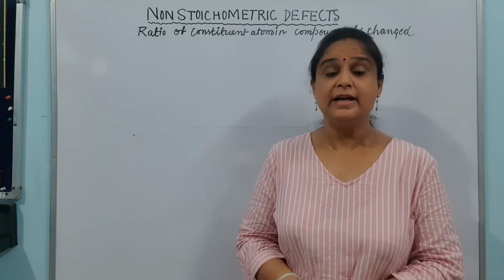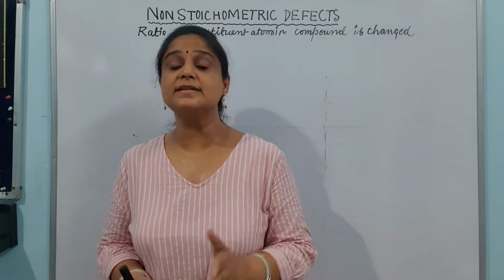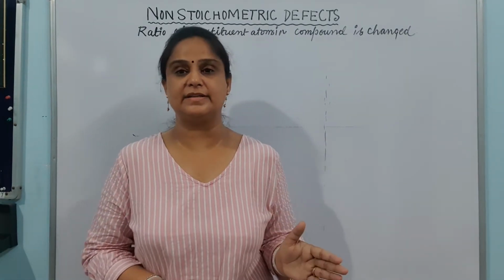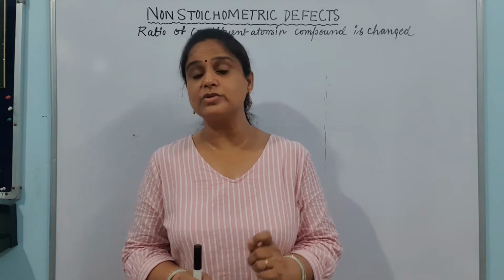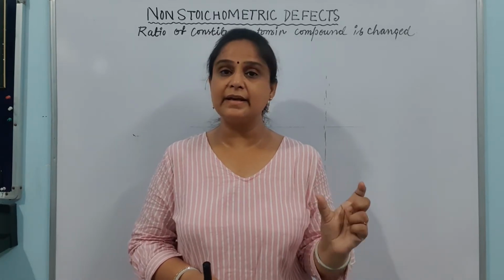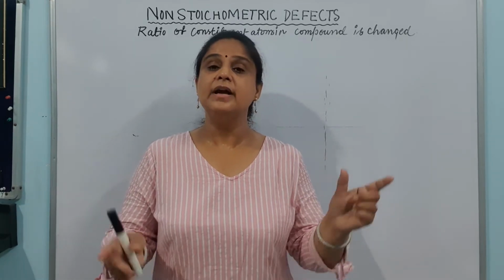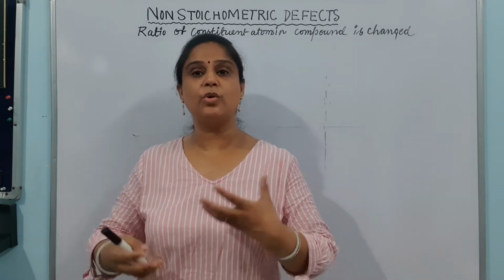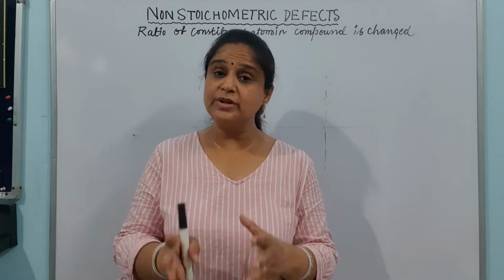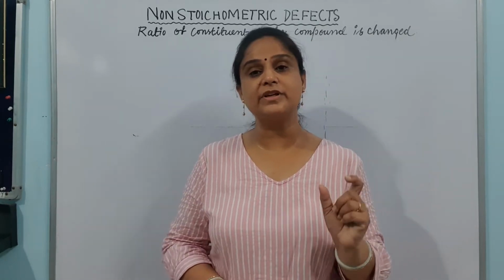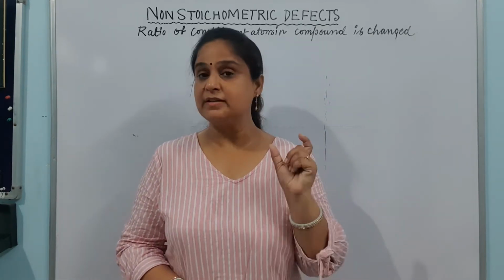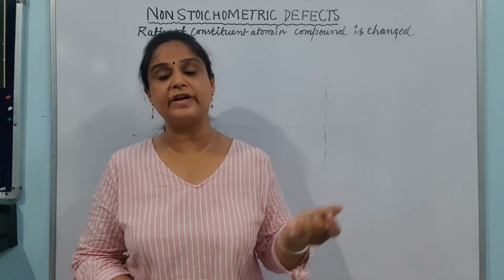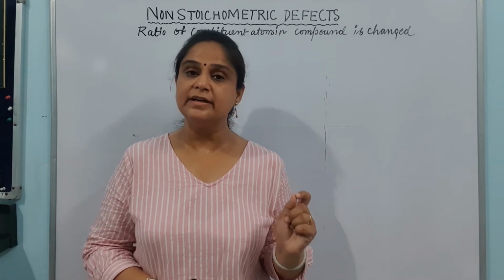In this video I am going to discuss non-stoichiometric defect in the ionic crystal. In my last video I have already discussed stoichiometric defect in the crystal. Stoichiometric defects were those where the cations and anions were in equal number, and even when atoms were moving out or some atoms were being added, the stoichiometry of the crystal was not changing at all. That is why that type of defect was named stoichiometric defect.